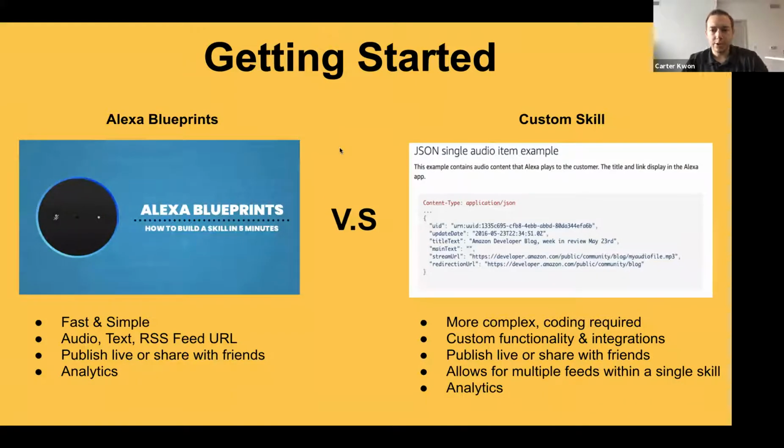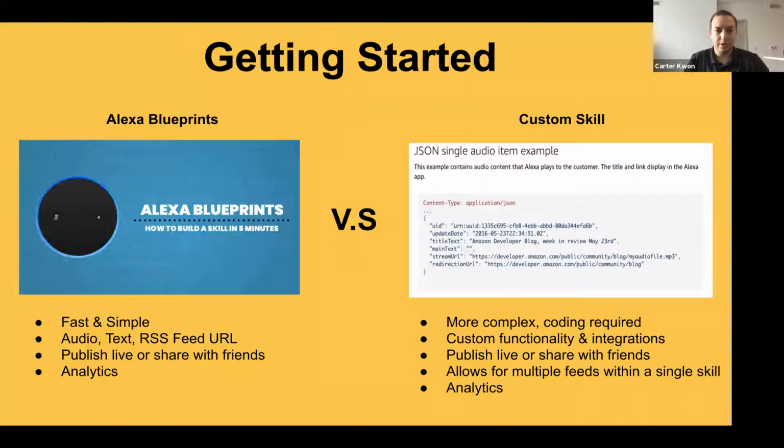Now we're getting into how you would build the skill and what are some of the different ways you can do it. There are two main ways you can attack skill building. Originally it started out with just the way on the right, custom skills. It was all code. You had to be somewhat of a developer or at least be comfortable with learning some code. With that, it's a little more complex, but you do have a lot more control. And there are a few things you can do with custom skills that you can't do with the alternative method,